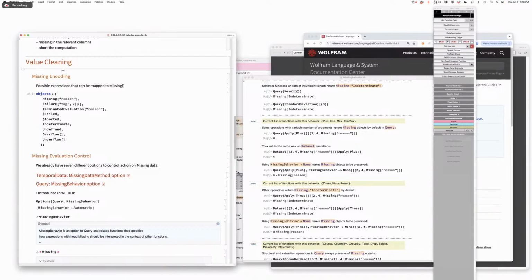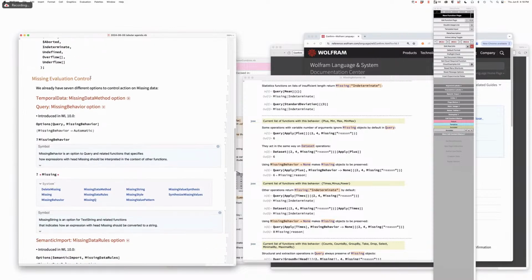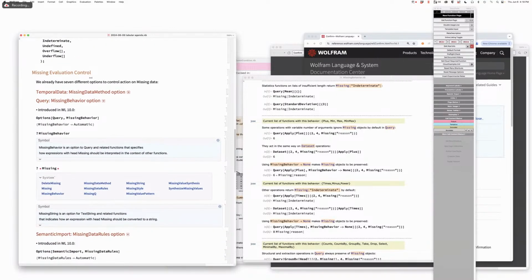Because yes, in these things like plus and times, their own evaluation functions are invoked. And it's only because the missing just sits there symbolically that this missing cleaner ever comes through. Exactly. Yep. Okay. So missing behavior, just so I make a note here, is only relevant for functions like plus and times, for functions that actually